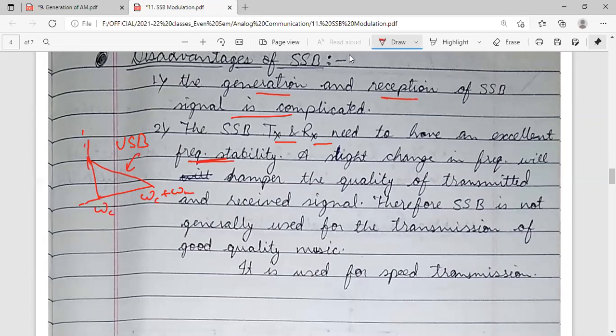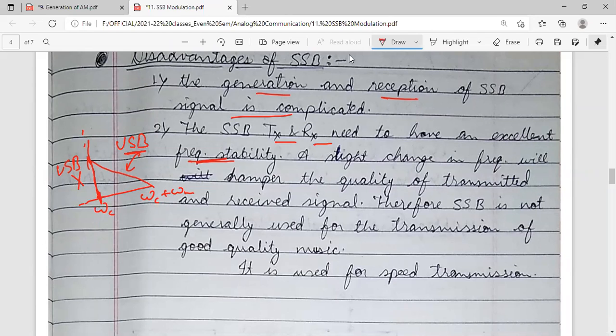So there will be a requirement of sharp cutoff filters, है ना? Sharp cutoff filters की भी यहाँ जरूरत पड़ेगी, क्योंकि इस बार क्या होना चाहिए, ये वाला पार्ट नहीं आना चाहिए, मतलब लोअर साइडबैंड वाला पार्ट नहीं आना चाहिए अगर हम अपर साइडबैंड वाले पार्ट को ट्रांसमिट करना चाहते हैं. हाँ, so we will require a sharp cutoff filter. So फ्रीक्वेंसी स्टेबिलिटी के लिए जरूरत है ज्यादा.